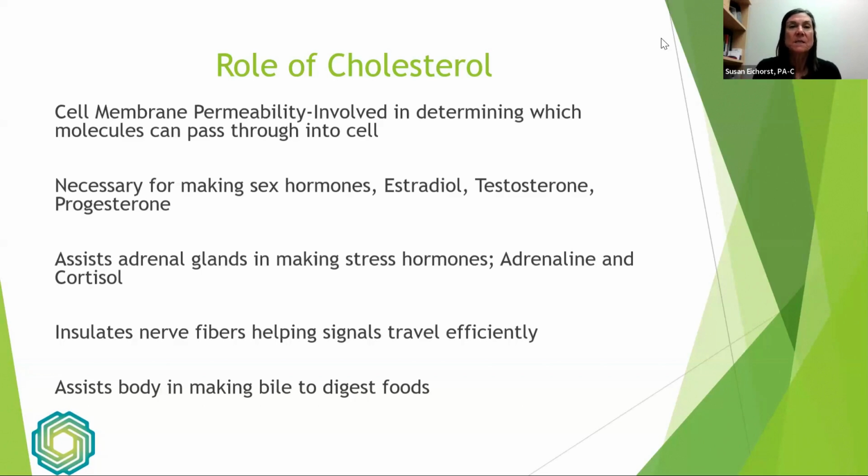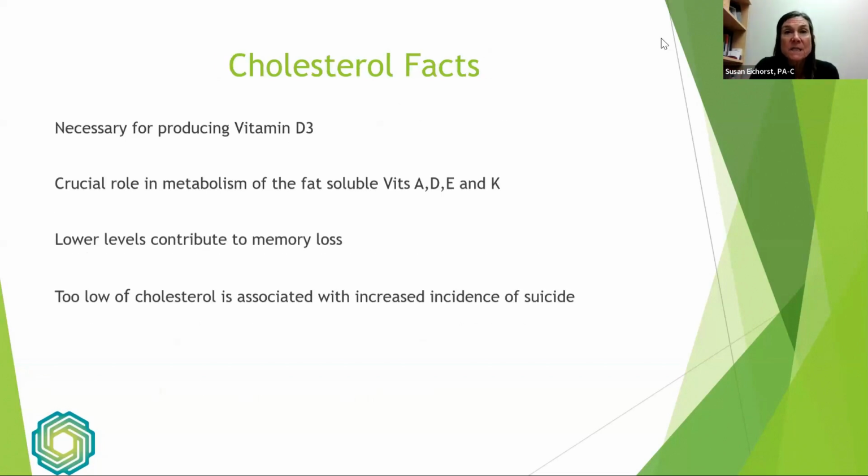Cholesterol is utilized in insulating our nerve fibers so that the nerve impulses can actually go from where they're initiated to the muscles or tissue that wants to innervate at the end. And cholesterol also assists the body in making bile salts from the liver into the gallbladder so that we can appropriately digest our food. Cholesterol is necessary for producing vitamin D3 in our body. The cholesterol in our skin interacts with the sunlight, which regrettably many of us don't see very much of, but then that helps convert into the hormone vitamin D3. Cholesterol is also very crucial for the metabolism of the rest of the fat-soluble vitamins, such as vitamin A, vitamin E, vitamin K, in all of its forms, but specifically for us, vitamin K2.